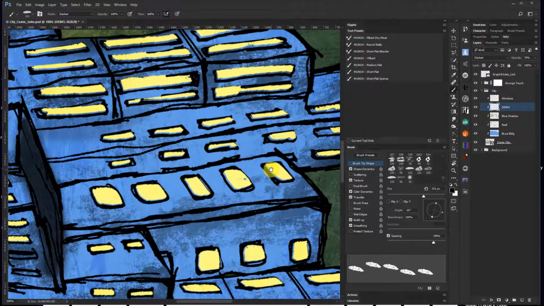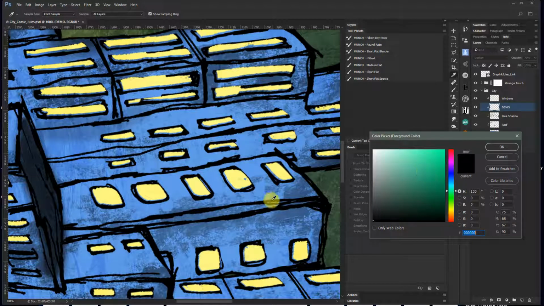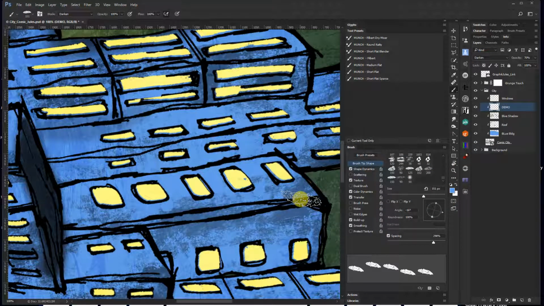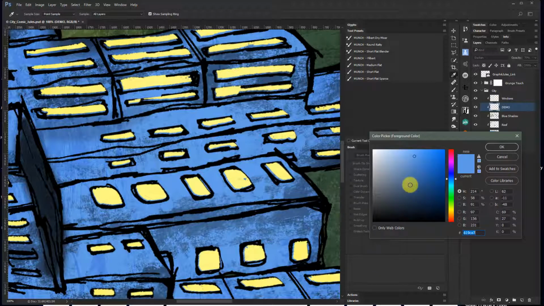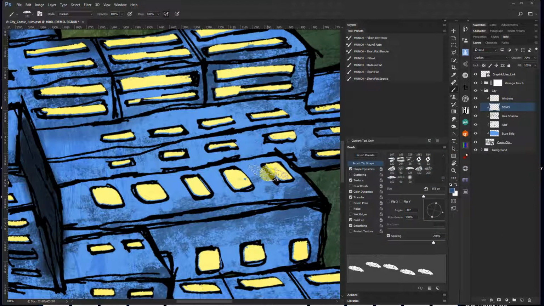One more quick keyboard shortcut. Say you're using your brush and you want to change colors. Now you can come all the way over, double click on the foreground color, choose one, say OK, and you can use a keyboard shortcut and do the same thing and say OK, or you can do this all on the fly again, and as long as you have your brush tool selected, press and hold the Alt key,